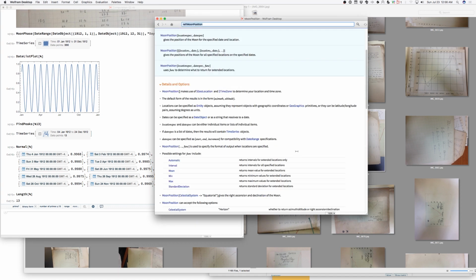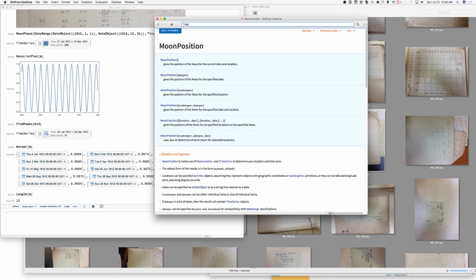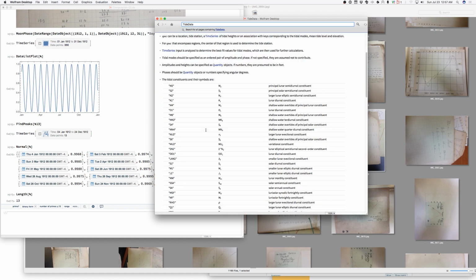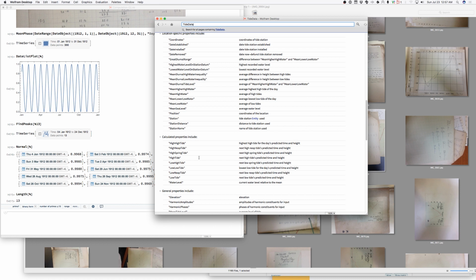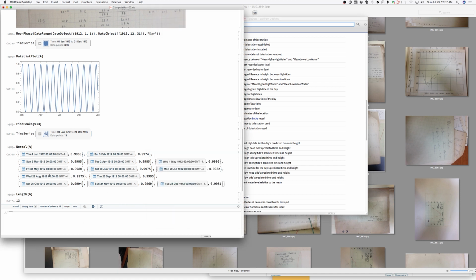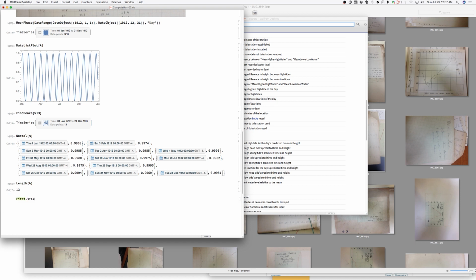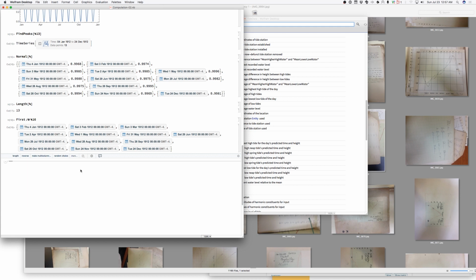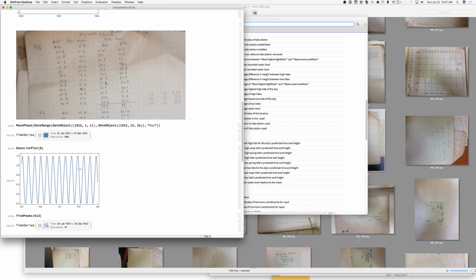So for that we need to go back to tide data and, let's see. Next high tides predicted. Okay, so I think high tide. Alright, so what we want to do here is take first of each of those things in line 16, and then we're going to want to compute the high tide in tide data of Aberdeen,